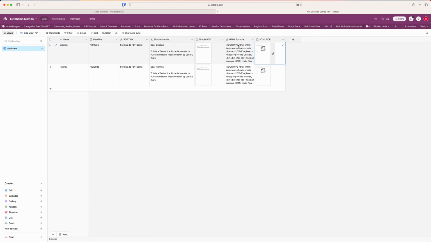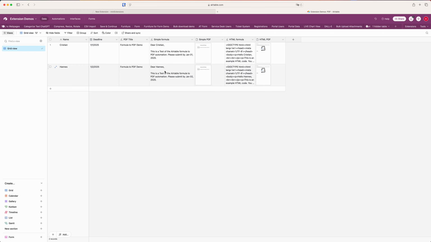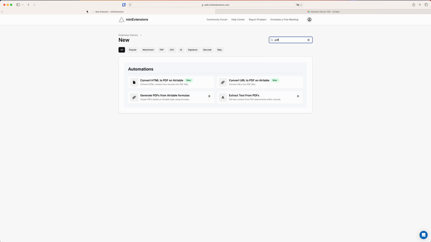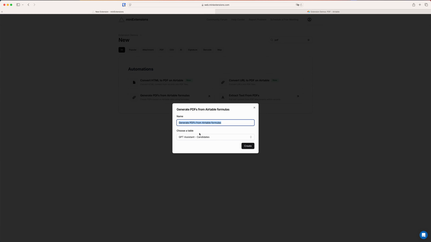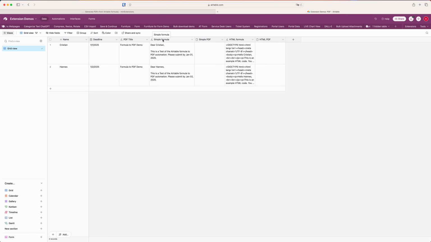Okay, and now let me show you how you can set up either of these. Let's start with the simple formula one. Actually, let's just clear these first so you can see how we'll generate these. And let's start with the formula one, and this is in the PDF table. So you just select the right table and hit create. And then you just need to set the field accordingly, right? So you have a field for the title, which is already set correctly, and then you have a field for the body, okay? So let's have a look at this, which is this